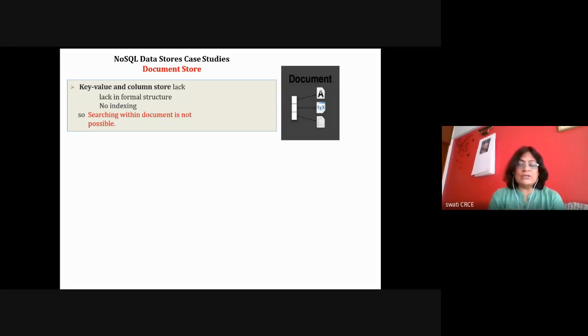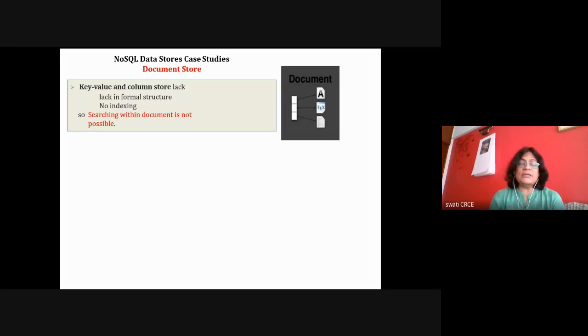So my previous lecture was on the first type of NoSQL database, that is the key value store. We studied all the features, functionalities, a typical example, and the CRUD operations: you just have to get the key, put the key, or delete the key, or perform any operation on key value. Such simple operations are there. So that was the simplest NoSQL database that we studied in the last lecture.